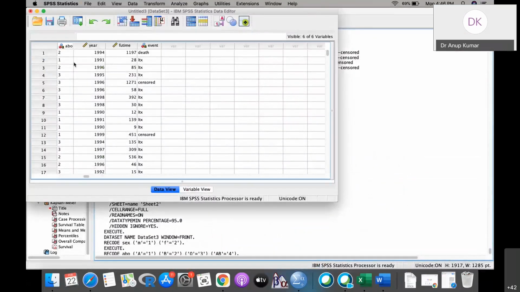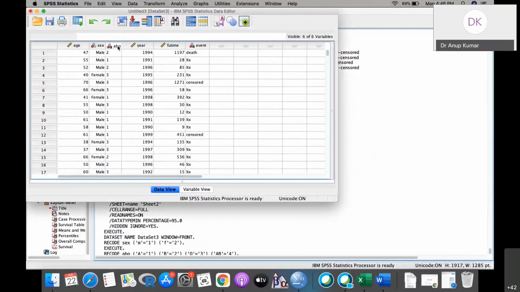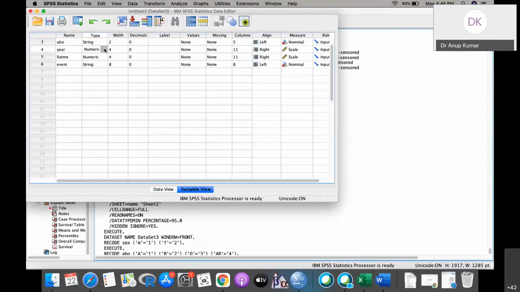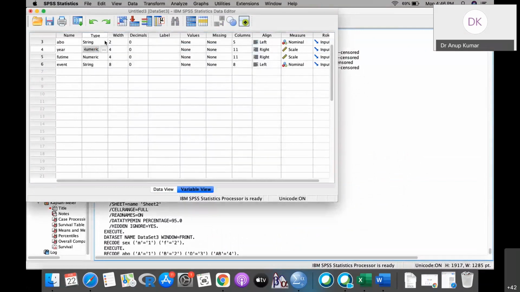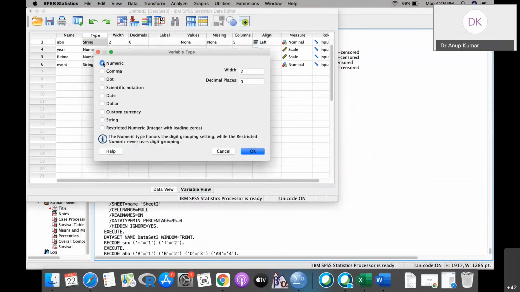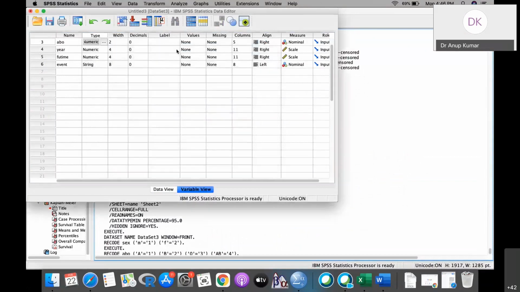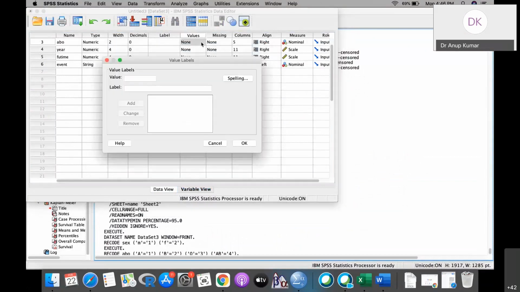After that, you can see this, and then again go to this, and then instead of string, ABO, change it to the numeric. Okay, and in the values, write down 1 stands for A, 2 stands for B, 3 stands for